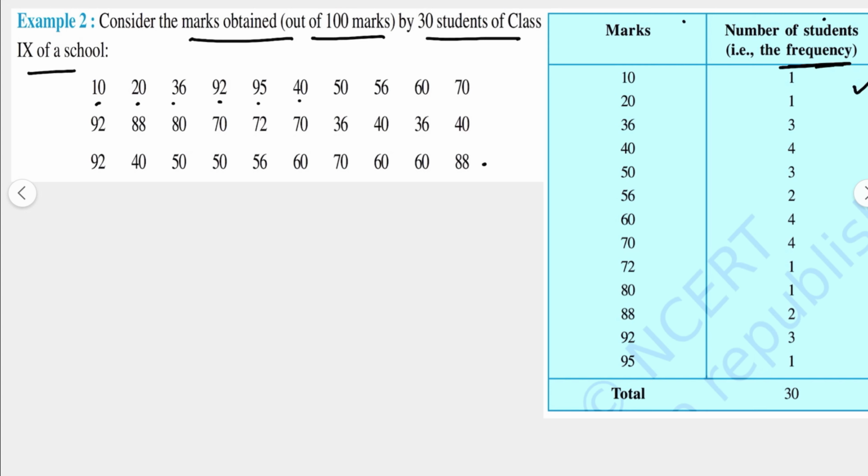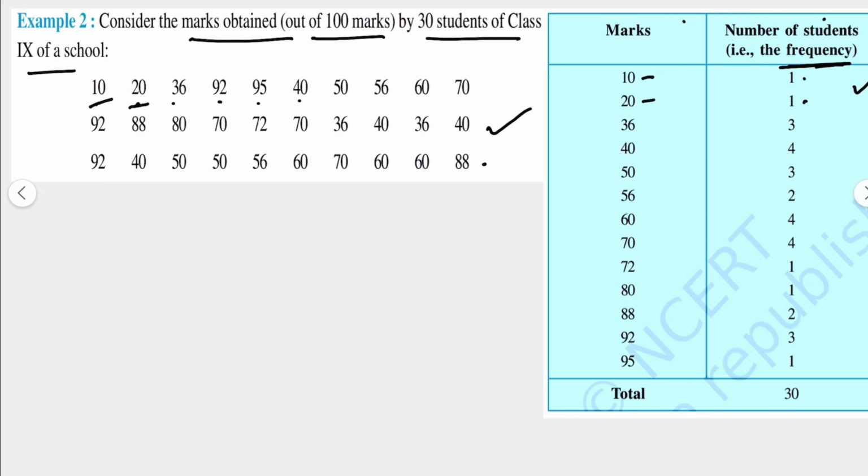So the lowest score here is this number 10. So we write lowest is 10, then we see how many students have got the 10. After looking at the data, you will find that 10 has appeared only one time, so in front of 10 we'll write 1. Then you have to see the next number after 10. We have 20. So see how many times 20 has appeared. You again see that 20 has appeared only one time, so we'll write in front of 20 only 1.